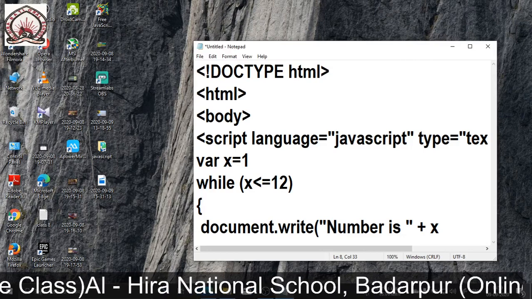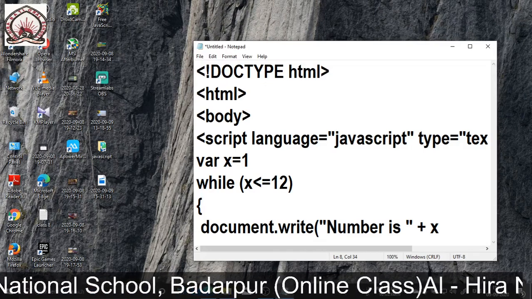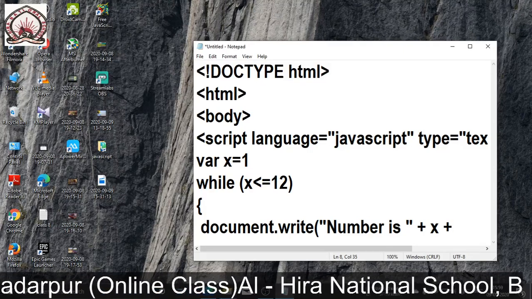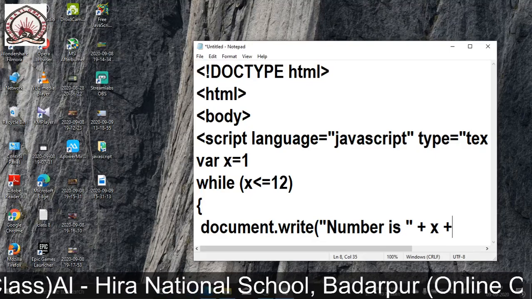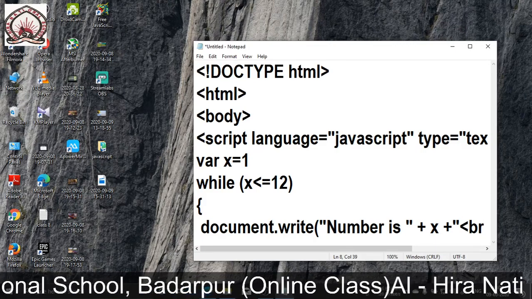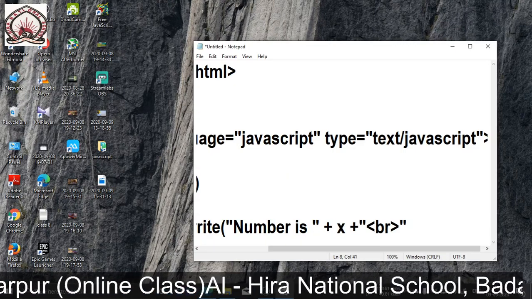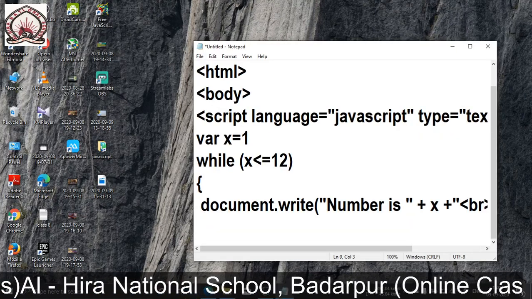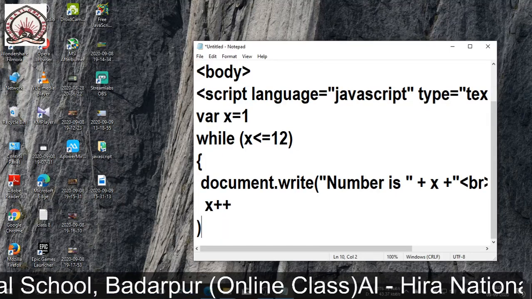Okay, and let me give one BR also, so that if I give the BR, then it will come in a new line. Okay, I finished. Then it is increment. So increment is like x plus plus. Then let me close the bracket. It is second bracket.